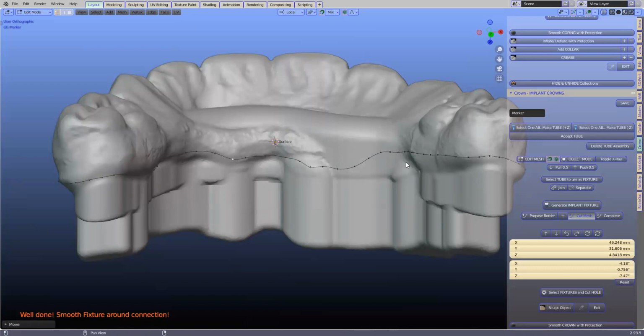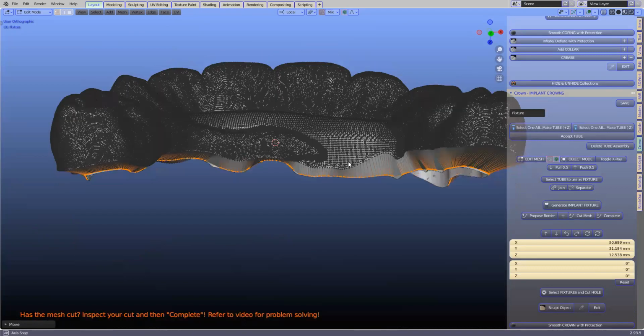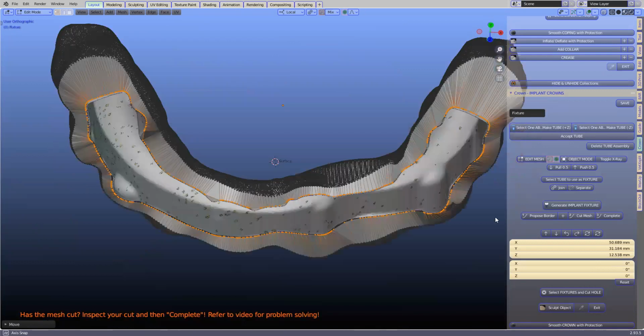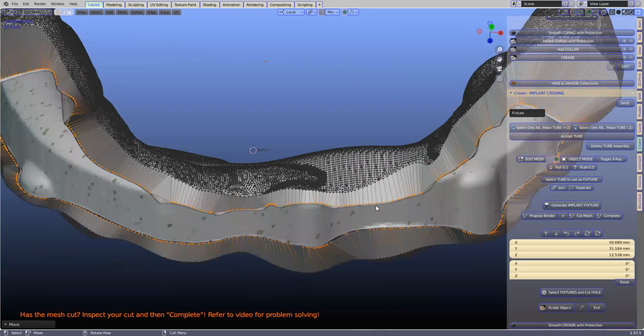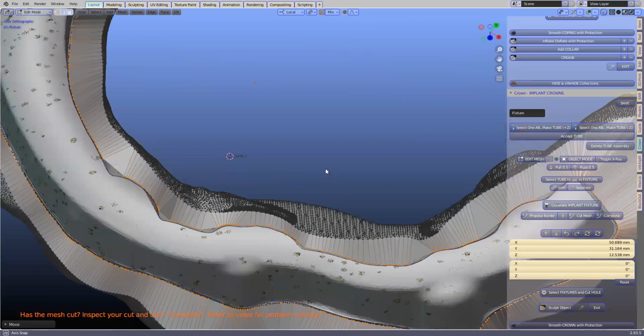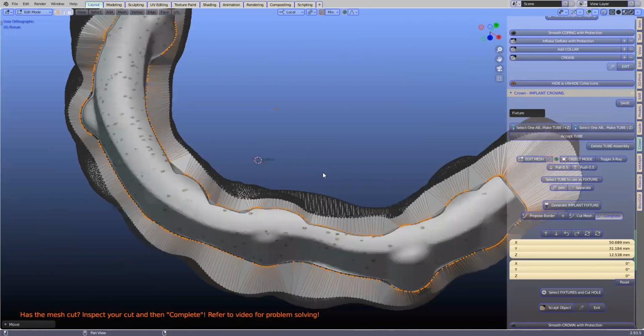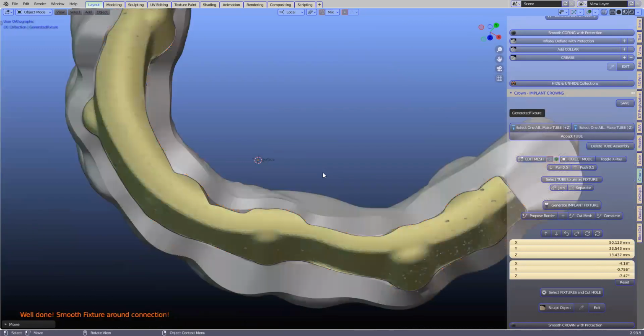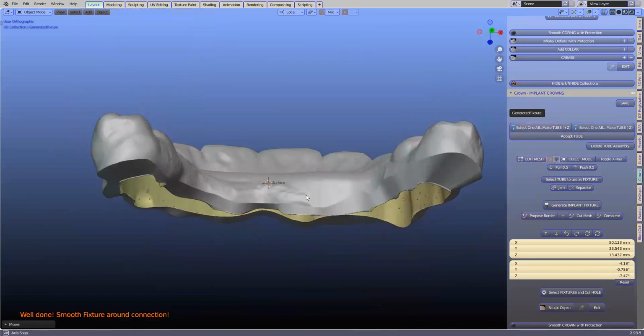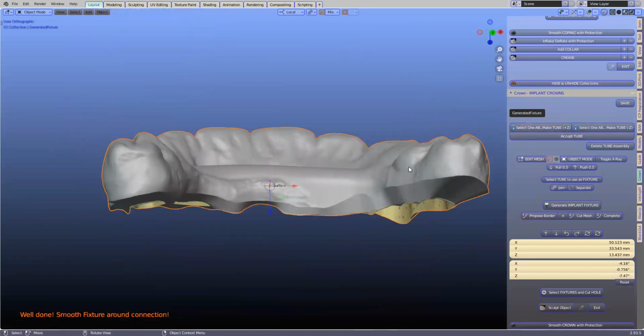And complete it. Yeah, so okay, let's complete this. Excellent. Yeah, that's looking way better, hey Wolfgang? Yes, yes. And then of course,